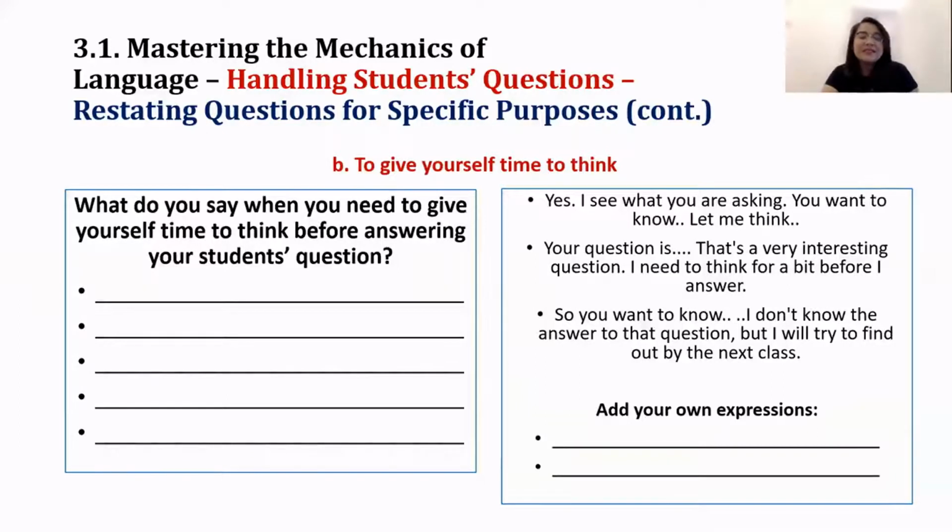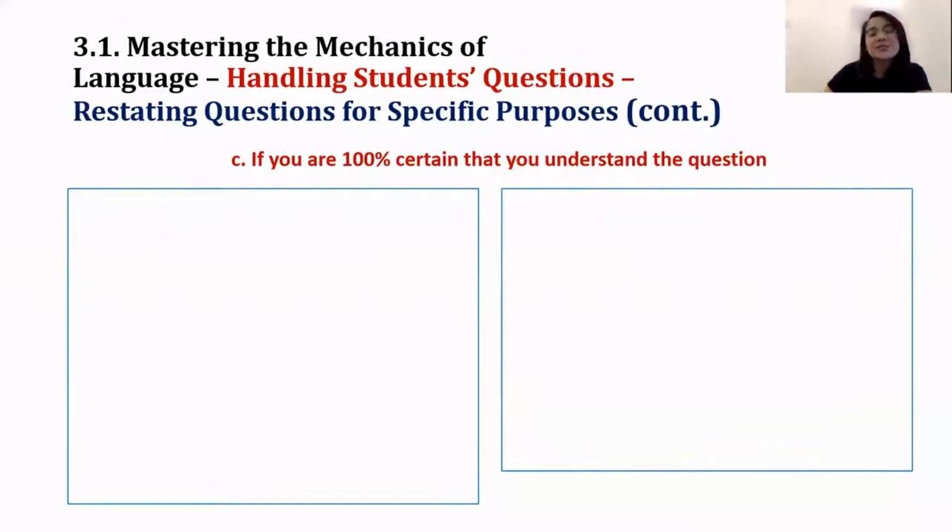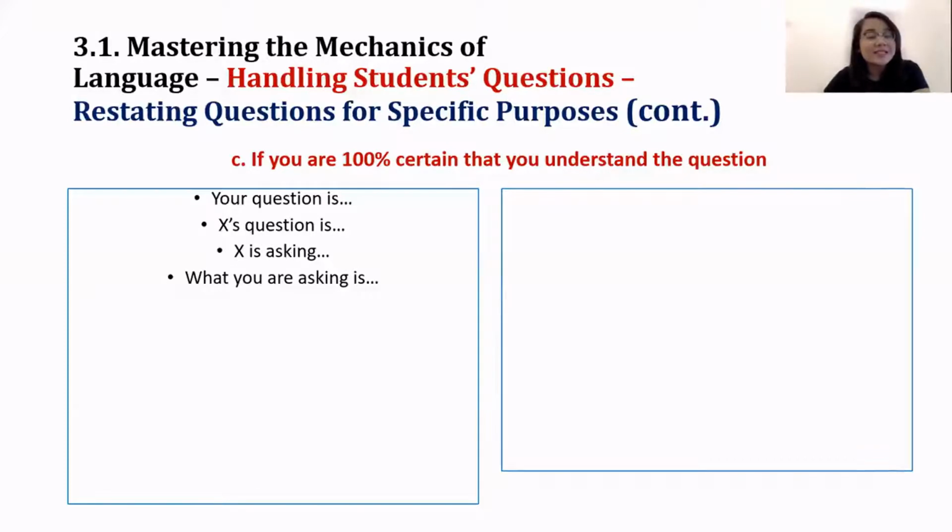The next one, let's see C. If you are 100% certain that you understand the question, repeat after me. Your question is, good. The question is, X is asking, good. What you are asking is, X wants to know, good. What you are asking is,